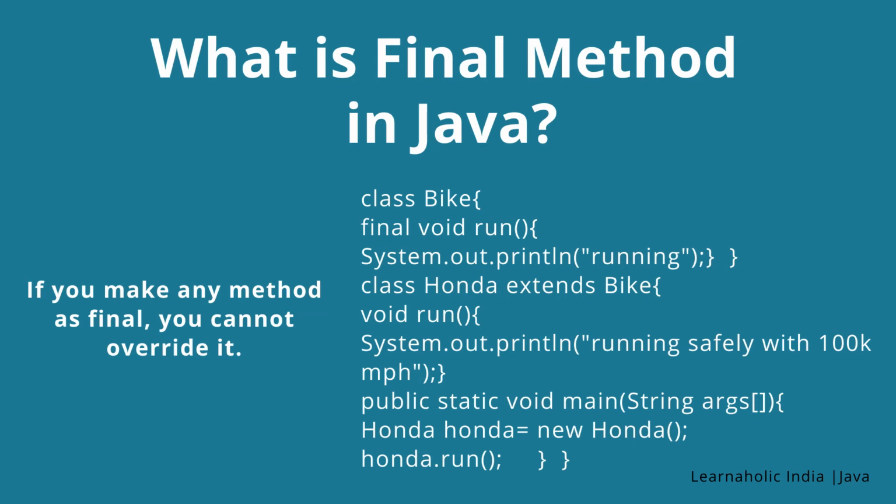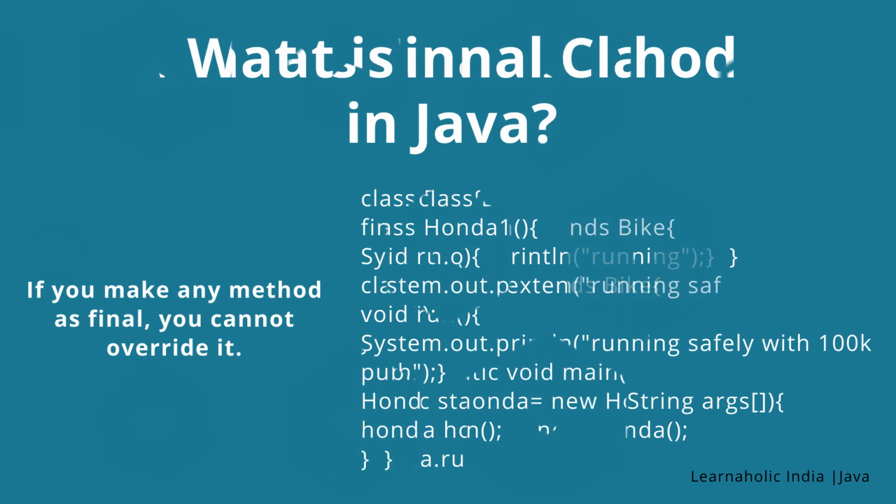The program would throw a compilation error, however we can use the parent class final method in the subclass without any issues. Look at this code, this program would run fine as we are not overriding the final method. That shows that final methods are inherited but they are not eligible for overriding.